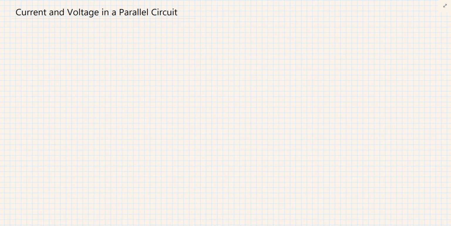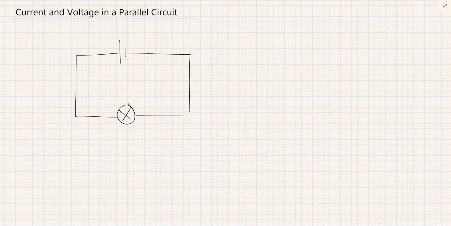In this tutorial, we're going to talk about current and voltage in a parallel circuit. So we'll start by drawing a very simple parallel circuit. So we have our power supply, and in the circuit we have a resistor in the form of a lamp or a bulb, and in this part of the circuit we have another